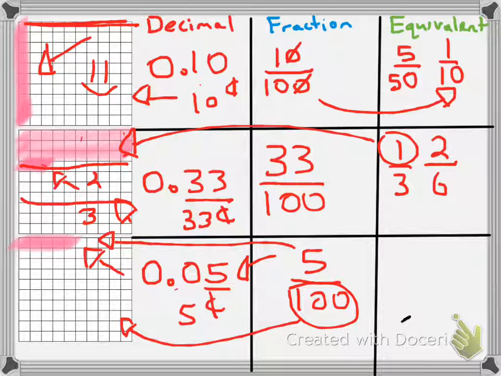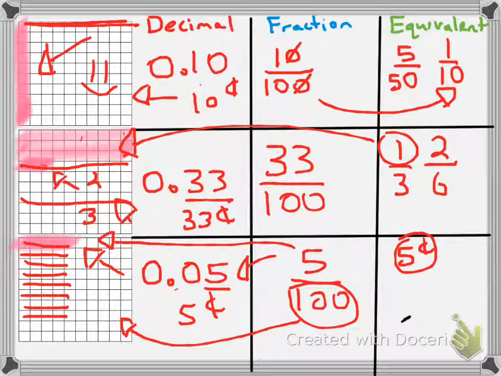Now, I'm going to connect what we're doing here to dollars and cents. We know that we have a special coin that is worth 5 cents, and it looks something like this, only it's got a circle around it. We have a 5-cent coin. Now, if we skip count by 5, first we have the 5, 10, 15, 20, 25, 30, 35, 40, 45,